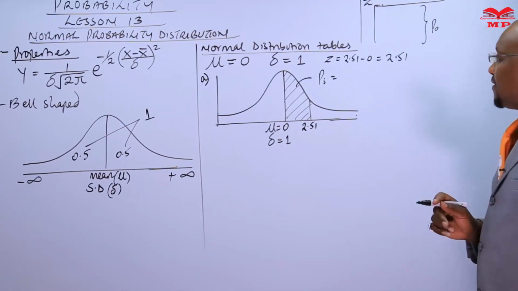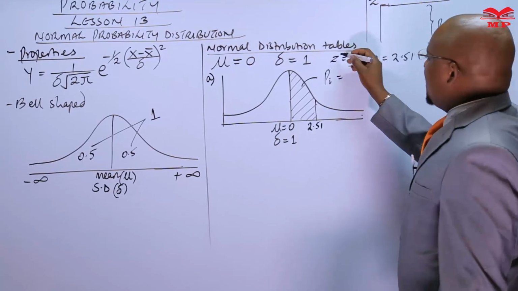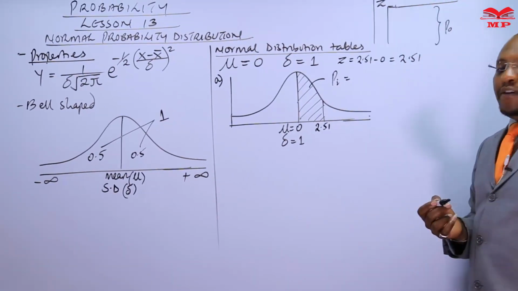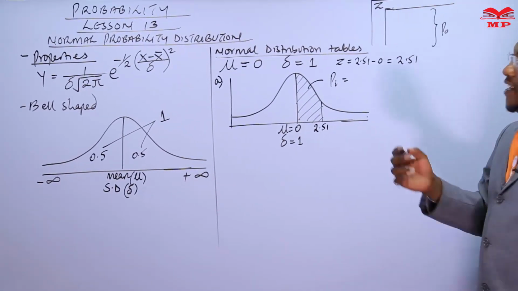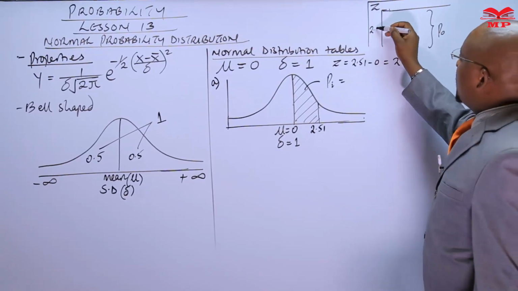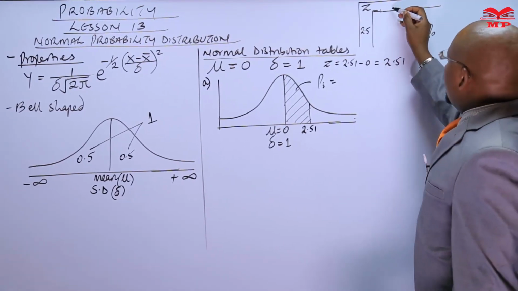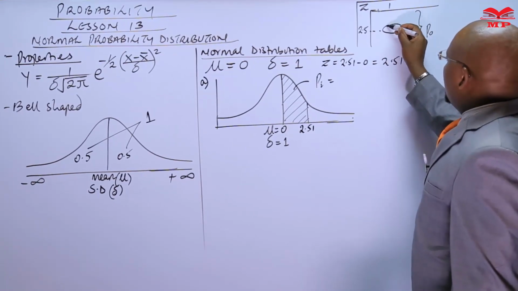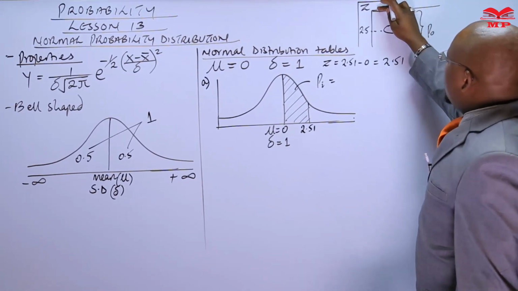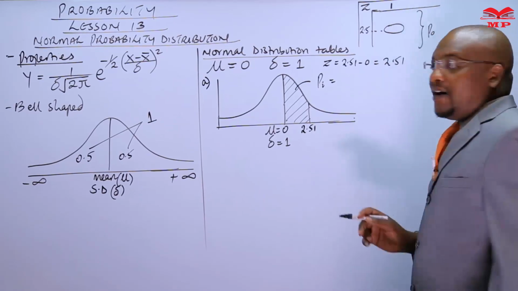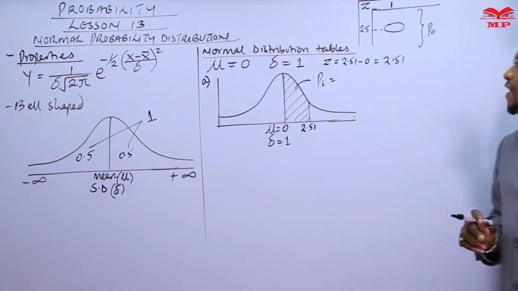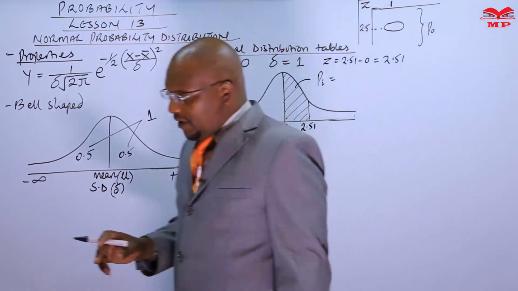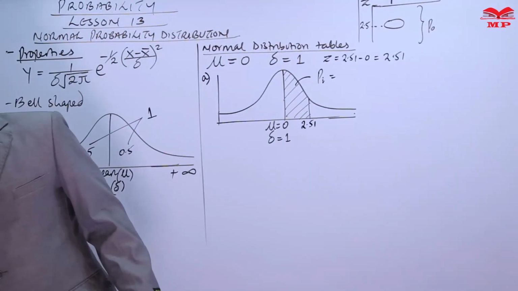Now if Z, which is our standard variate, is 2.51, then we read here 2.5 and then up here 1. So now we read this value here. 2.5, then up there we have 1. So 2.51, reading from the table, we shall get a value of